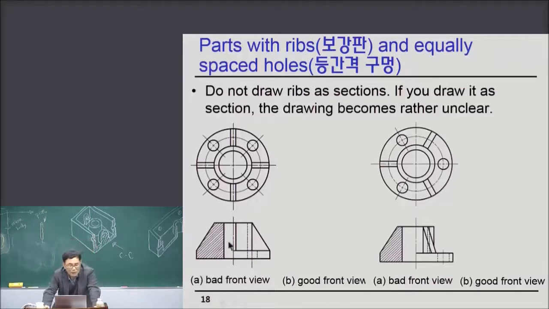But this is maybe not a better way of selecting the front view. In this drawing, this is the front view and this is the top view. So anyway, please understand me. Anyway, this is a bad front view. Maybe some students may be surprised, because this is a very perfect projection, right? And half section view. So this is a section view and this is the external view. Very nice way. But the rib,